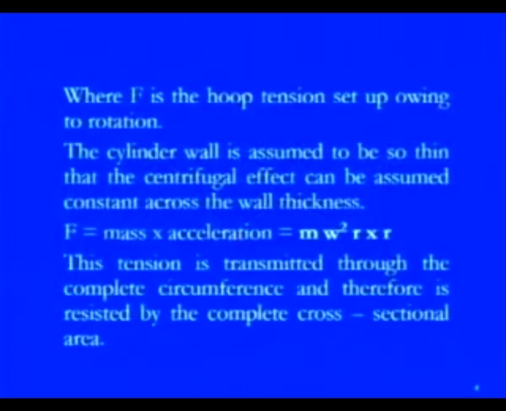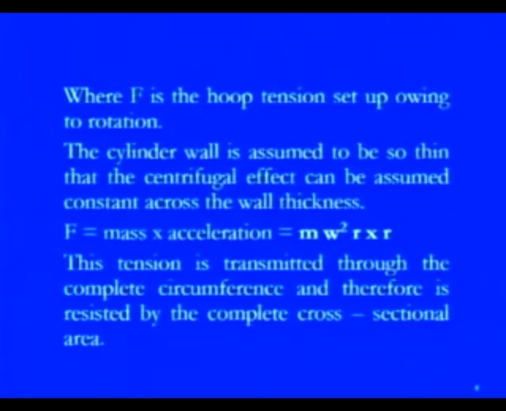So this is nothing but mass into acceleration, and if you consider the acceleration, that is omega square r, into r, multiplied with the mass. So we have m into a, that is the applied force. So m omega square r into r, or m omega square r square, and since this is a tensile force, there is always a chance of extension towards the circumferential direction, or the hoop stresses which are induced due to this particular